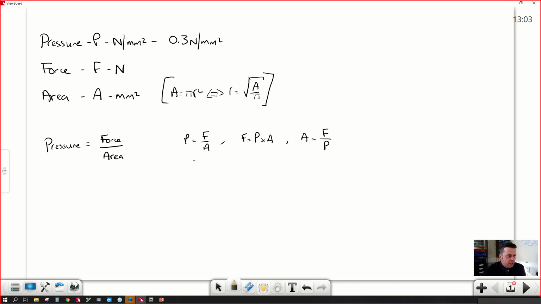This is the one that they give you in the data book. You should be able to rearrange it into those other two. And in an SQE paper, they'll give you two and ask you to work out the third one. So they'll give you a pressure and area, ask you to work out a force. So as an example,